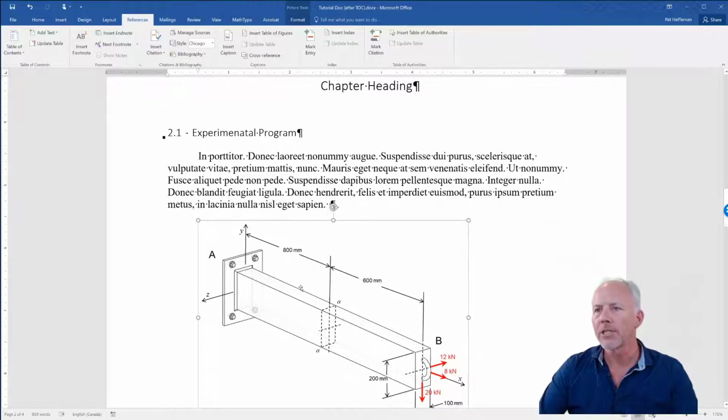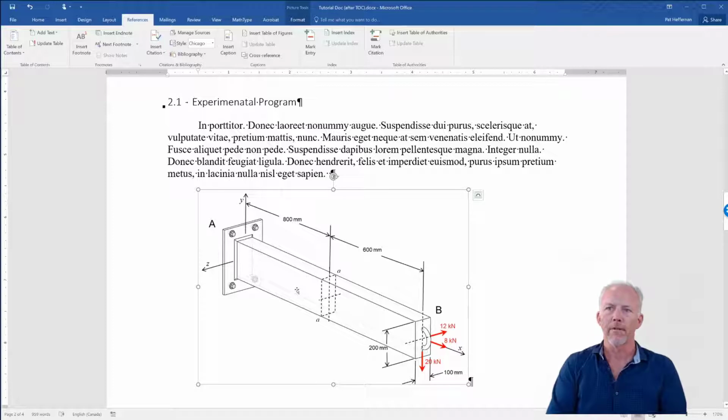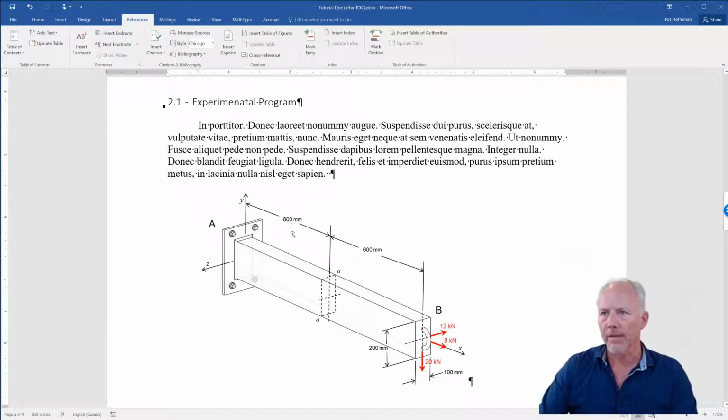So here we have an image. It's now in there. Now you notice that it's in line with text. And for technical documents, some journal papers and conference papers aside, where you may have to fit them into a column or something like that, you may want to get more complicated and have the text wrapping around it and things like that. But for a basic thesis or report, probably the easiest thing to do is to put it in line with text, one figure per line, and then to center that line and put the caption under it. So that's the way we're going to set it up. So we have our figure,